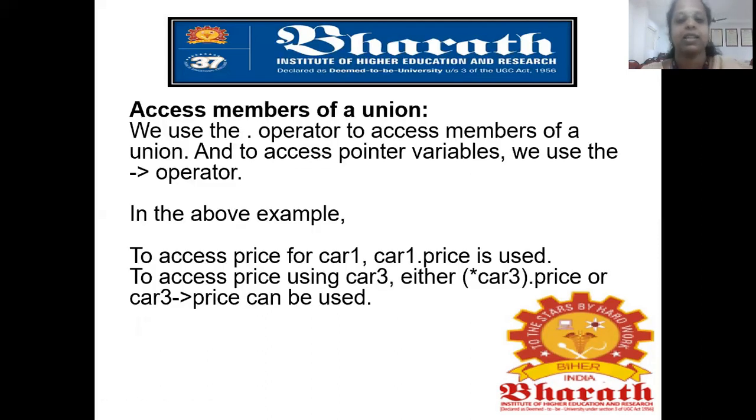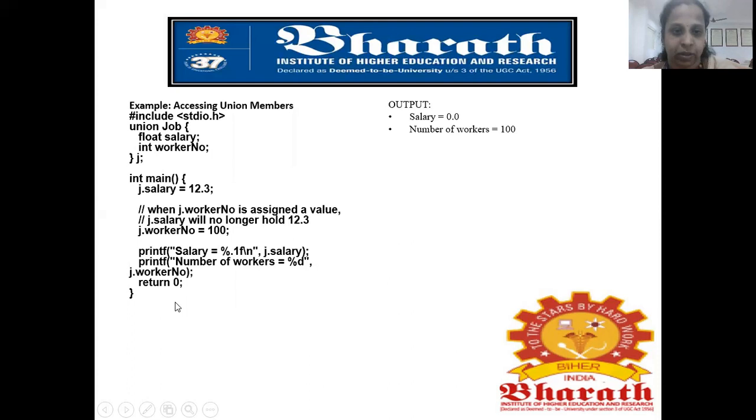So next is accessing members of the union. Accessing members of a union is nothing but a way by which we can use our union variables. That is by using a dot operator. So if we are going to use the union, we can use that by means of a dot operator. We can see this car.price or car. If it is dot, it is by using a normal operator. If it is an arrow mark, it is accessing a member by using a pointer operator. So this is a dot operator, and this is by means of a pointer operator. So this is accessing the union members.